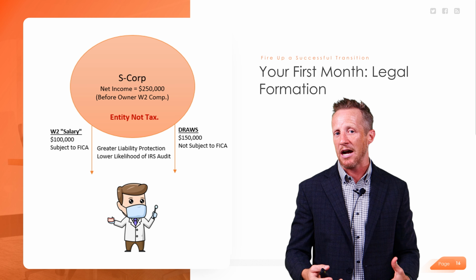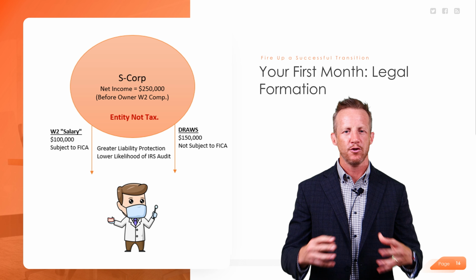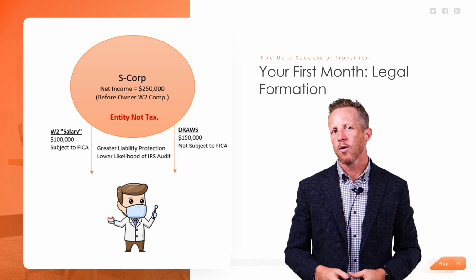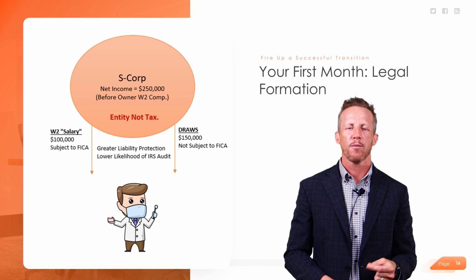So if you're in a state that allows an LLC, do the LLC. If you're not, then you've got to do the professional corporation. So back on topic. So now you're an S corporation and you've got $250,000 of income before paying anything to